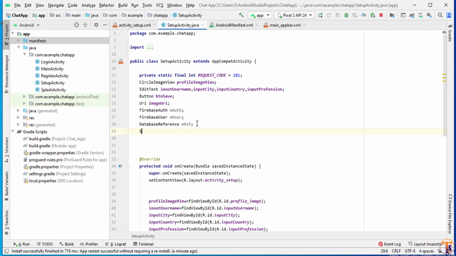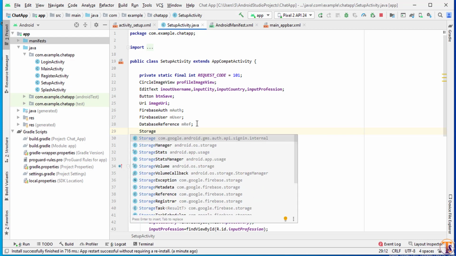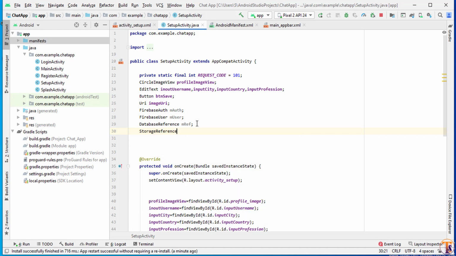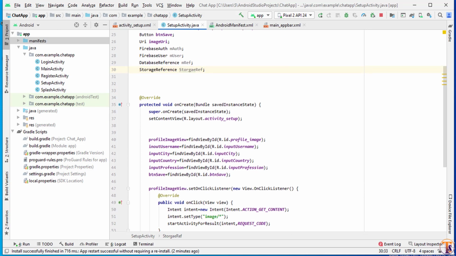Also we need storage reference, and here we simply call it storage ref. Okay, now initialize these references.